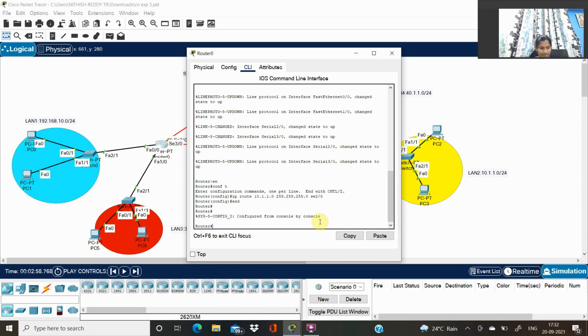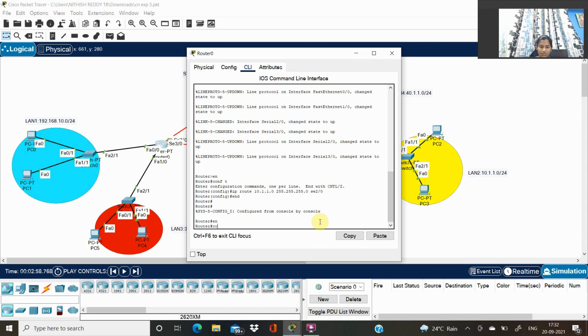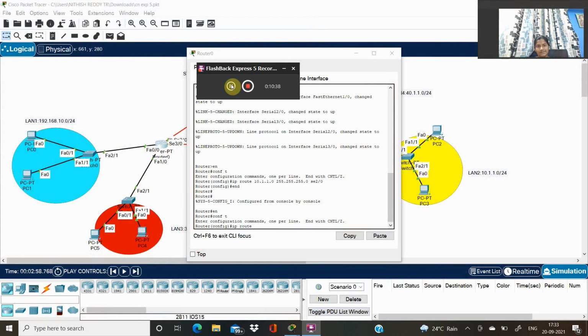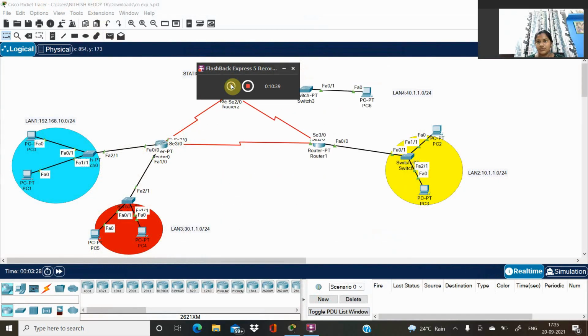First enable, configure terminal, IP route.